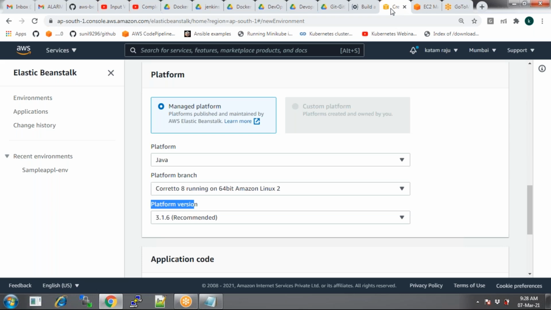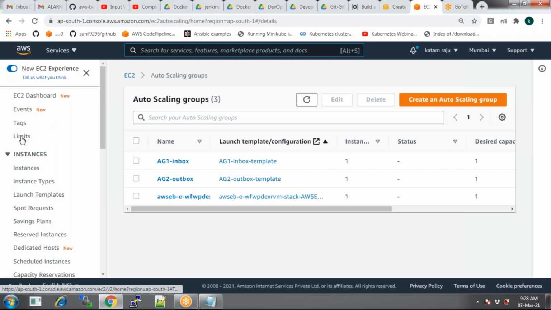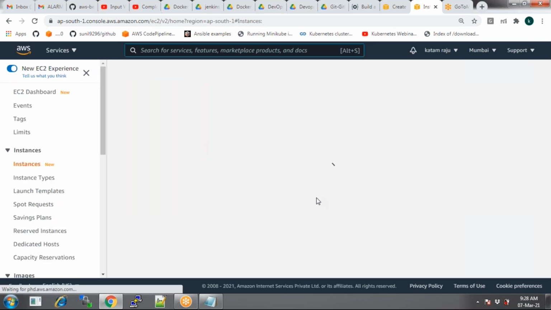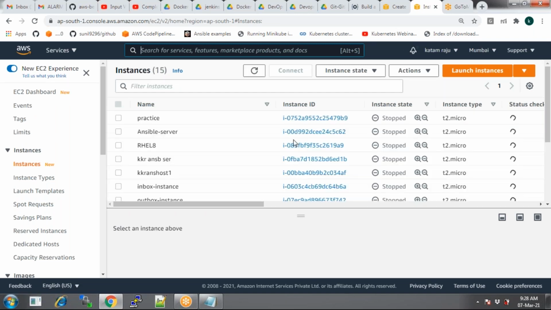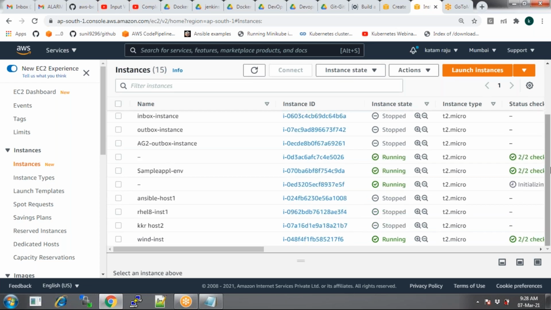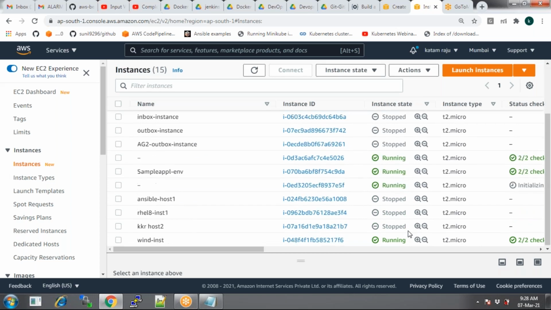That's the advantage. Okay. Now, one second, back to EC2. Now our instances. There you can see a new instance should be launched.